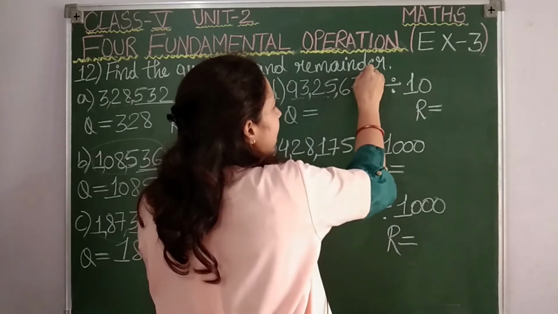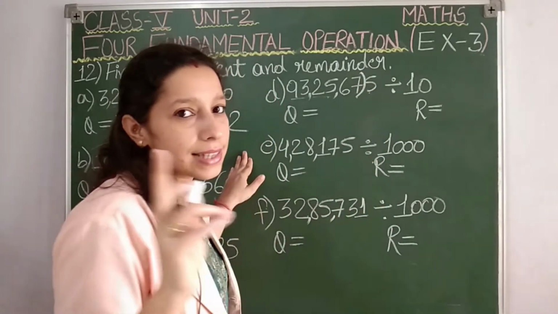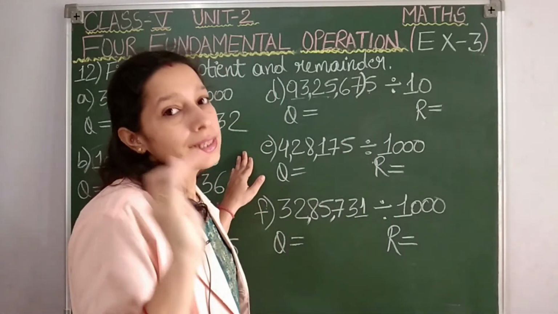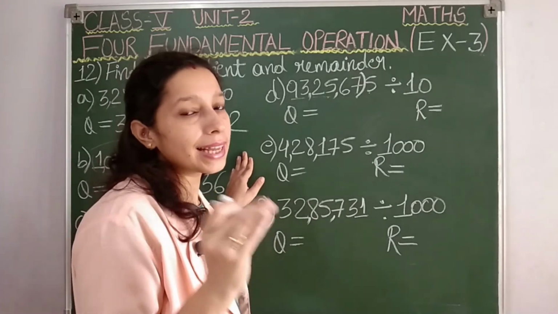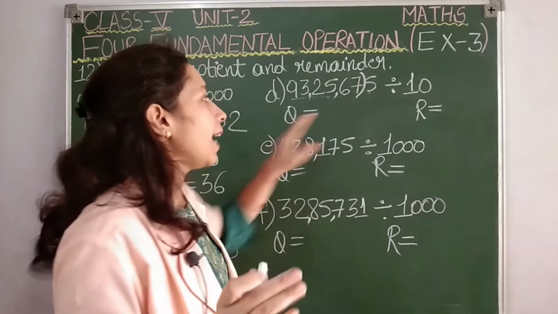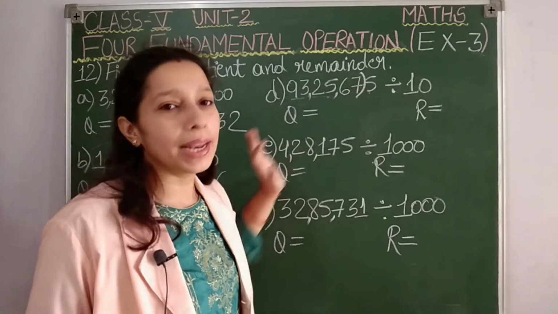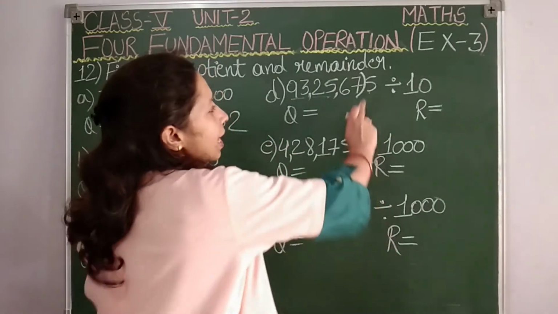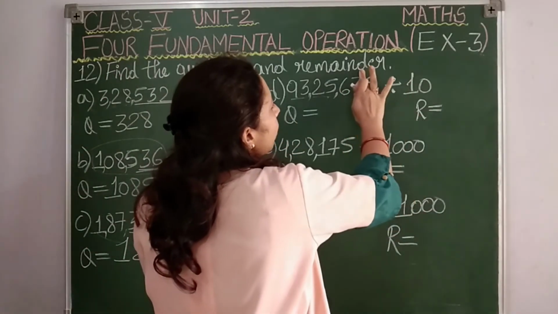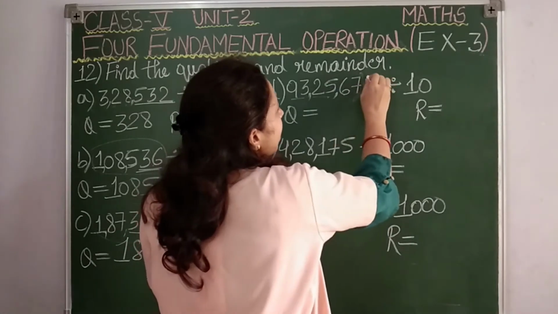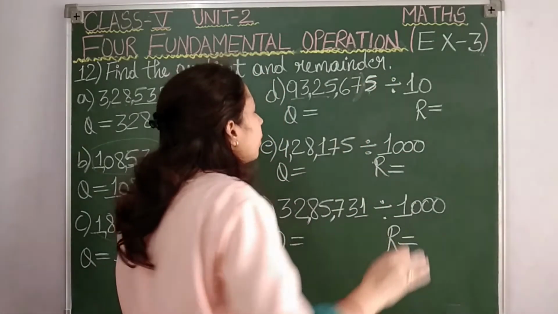93,25,675. 670. 70 ends with 0, means 70. What is the place value of 70? It is 10. 70, and we know that 70 is completely divisible with 10. What is left, student? After 70 I will be reading 5, that is 75. So that means